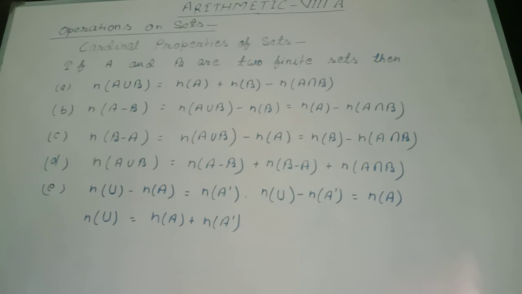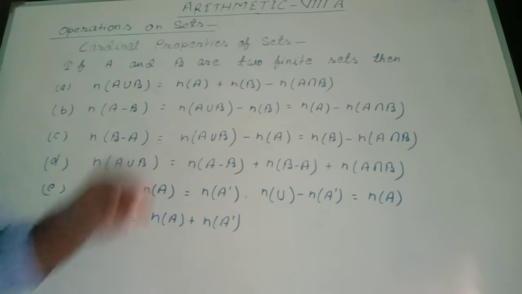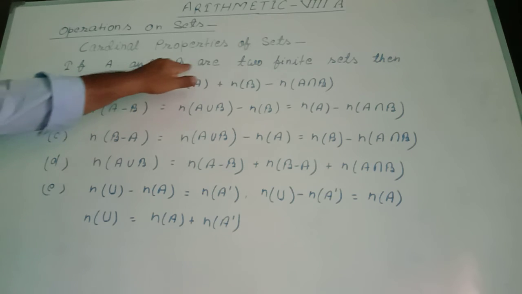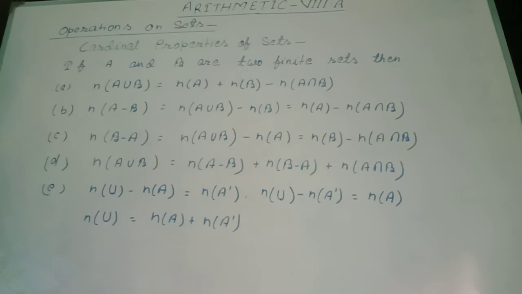Operations on sets. Under this topic, we are going to study about the cardinal properties of sets. Cardinal properties are related with the cardinal number, and cardinal number of a set is the number of elements of that set. If A and B are two finite sets, then